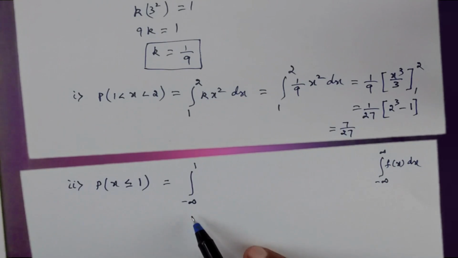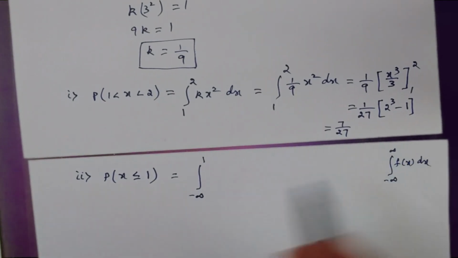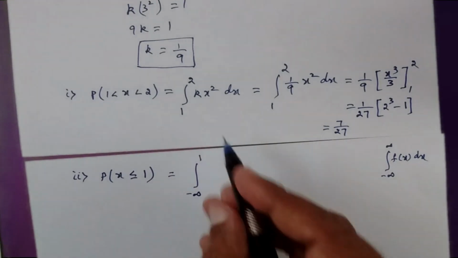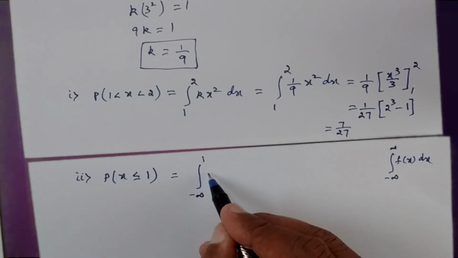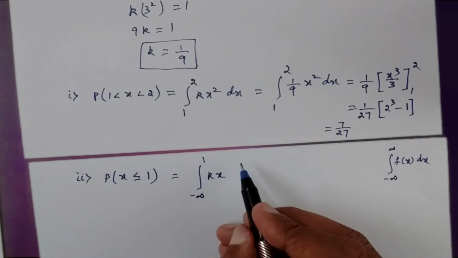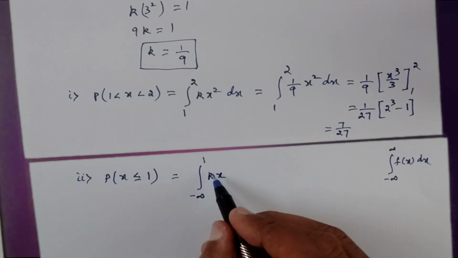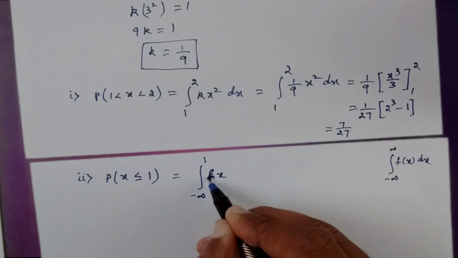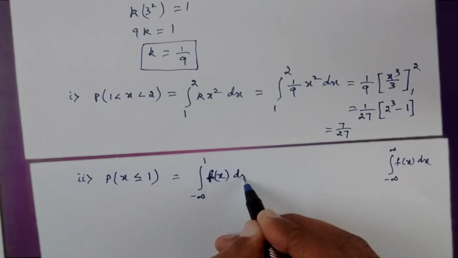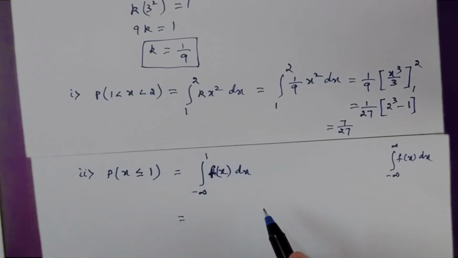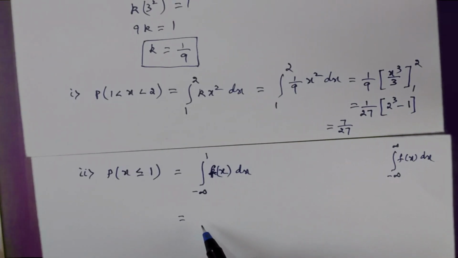So the lower limit value we will take as minus infinity. The upper limit value maximum here is given as 1. So we'll be taking it as 1. And the same function f of x into dx is there. f of x is kx square. Right. Or you can just write it as f of x into dx. That will be equal to, but if you go back to the question, the value is defined only for